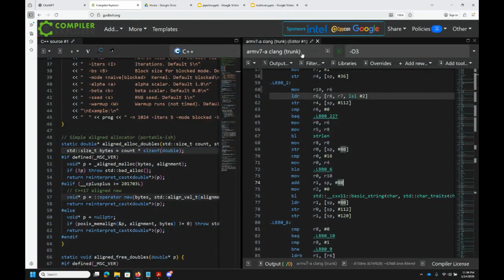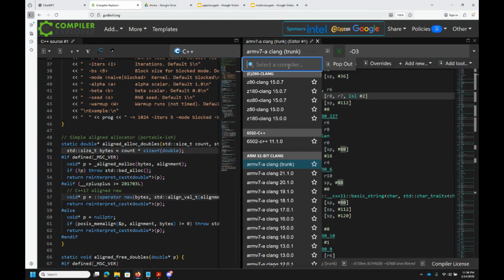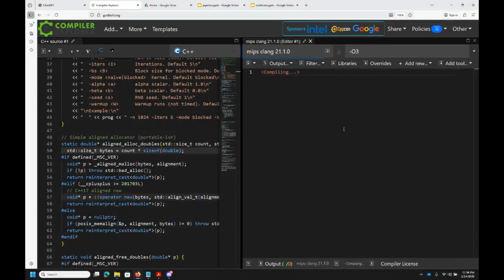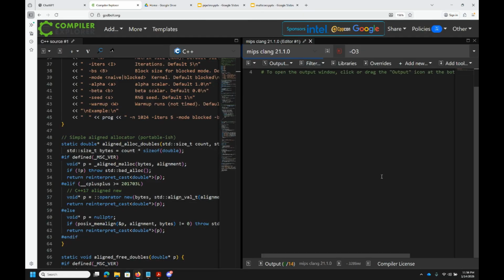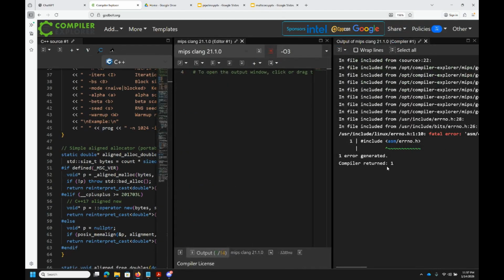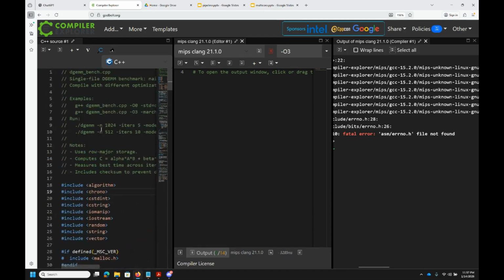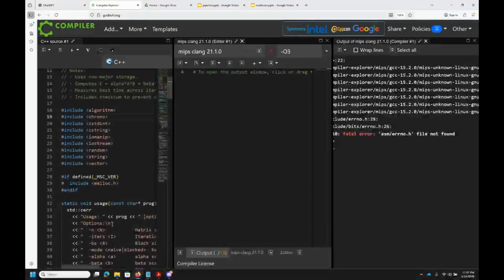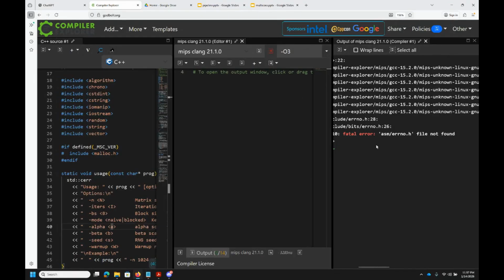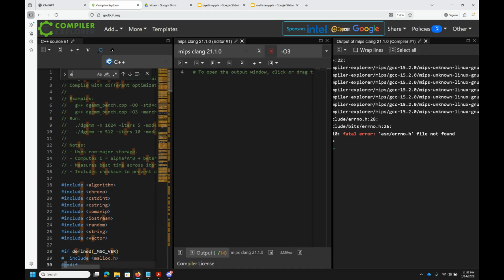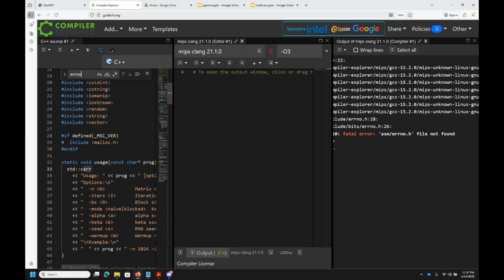let me see if I have some MIPS compiler here. Yeah, I have MIPS clang. Very good. So let's run this through that and let's see what it goes like. What's this? Warning. Okay. File is not found. We can just remove that header maybe. Don't know. I asked ChatGPT to generate this, so maybe it gave me something that's not portable.